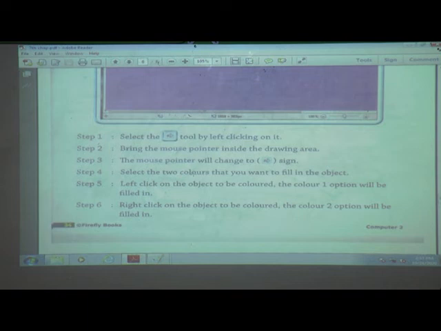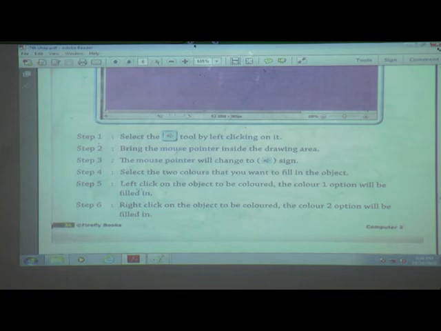Select the two colors that you want to fill in the object. Then the next step is left click on the object to be colored, and the color 1 option will be filled. Right click on the object to be colored, and the color 2 option will be filled.